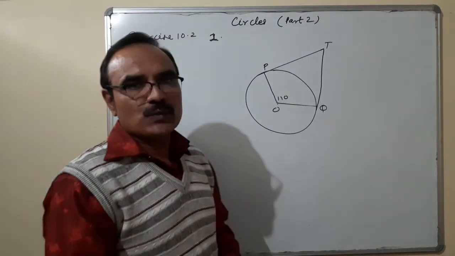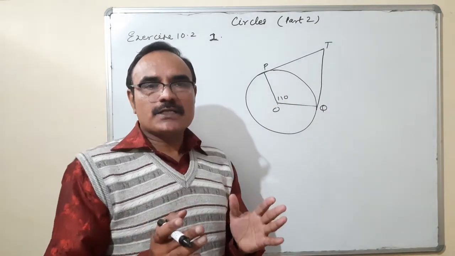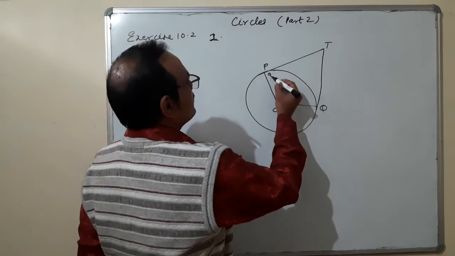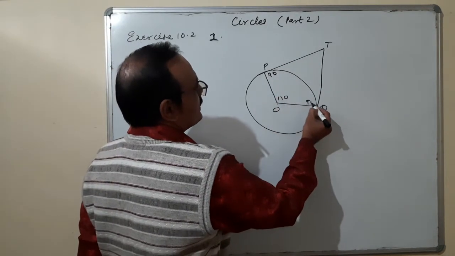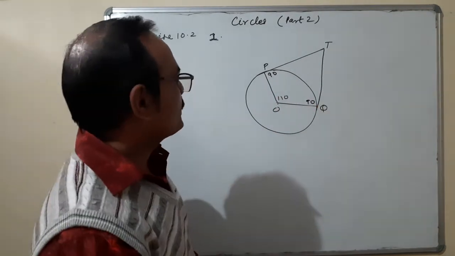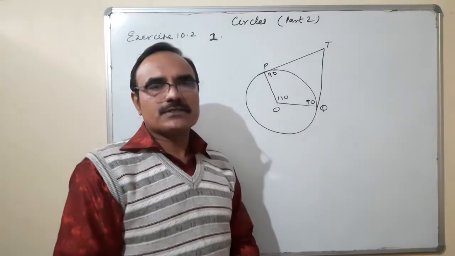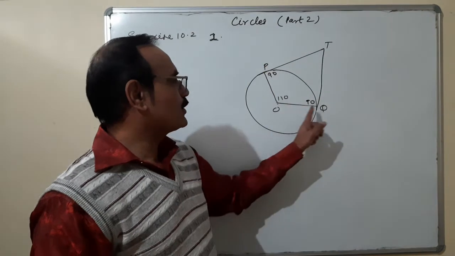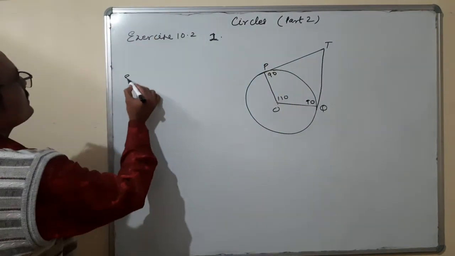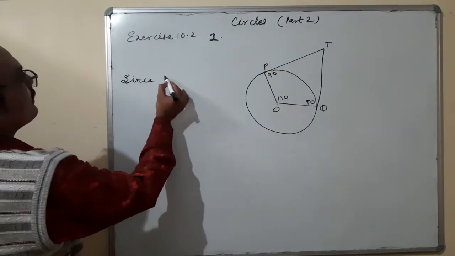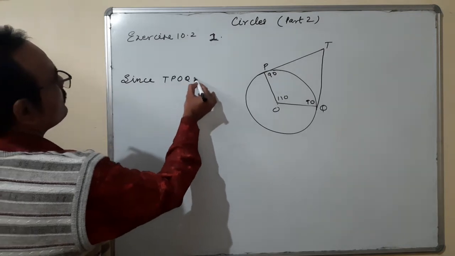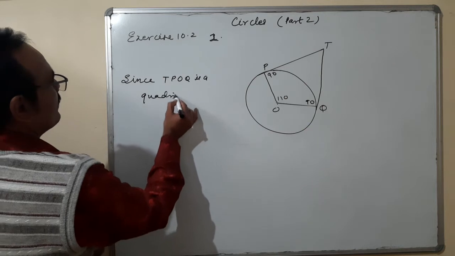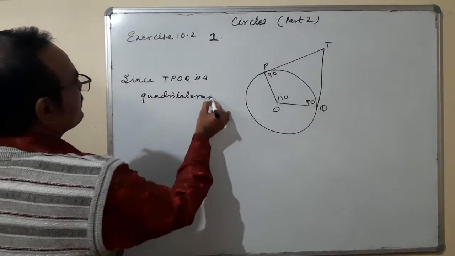Remember these two theorems once again. A tangent to a circle is perpendicular to the radius, so tangent and radius make 90 degrees. And the next one: lengths of tangents drawn from an external point to a circle are equal. Since TPOQ is a quadrilateral,